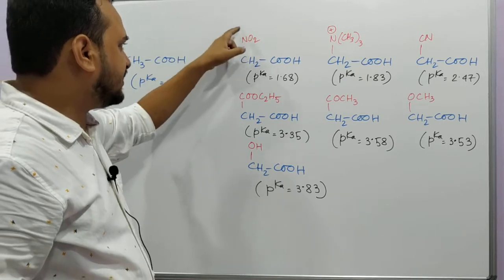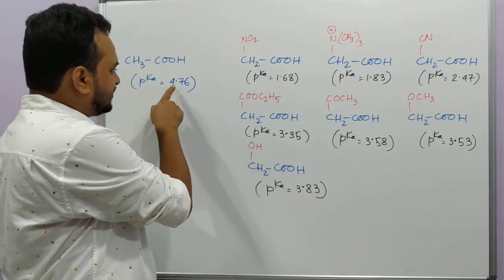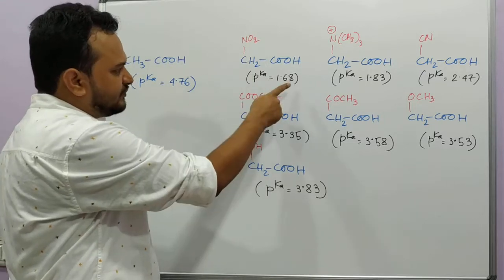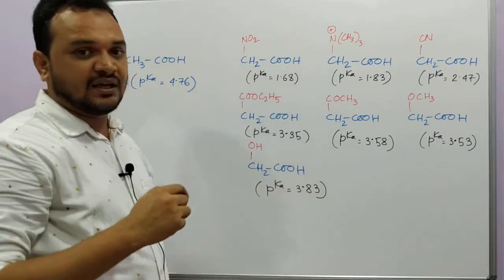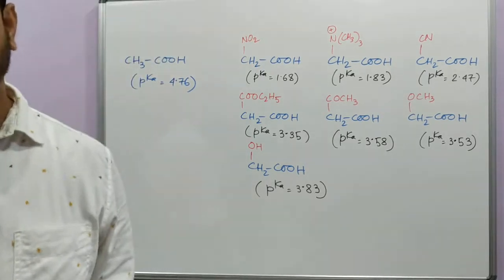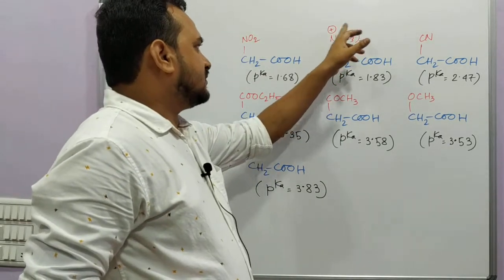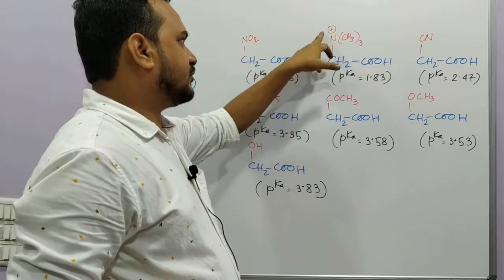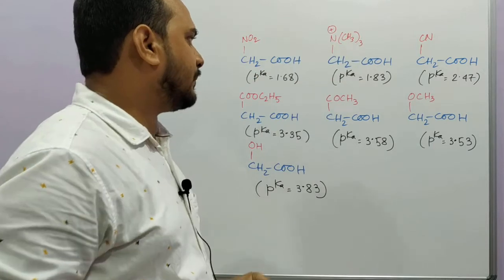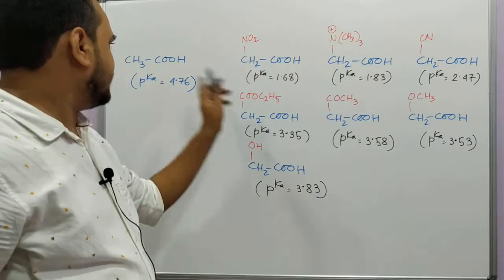That means as a result this whole CH2NO2 group becomes electron withdrawing. And see what is the change in the pKa value, 4.76 to 1.68. So a very significant decrease in the pKa value, that is, the acidic strength is increased by many times. Okay. In the next example, it is the trimethylamine group. This nitrogen is plus because it is making 4 bonds, and it is also a highly electron withdrawing group by minus I effect. See, the pKa value also gives you the same observation, that the acidic strength is increased